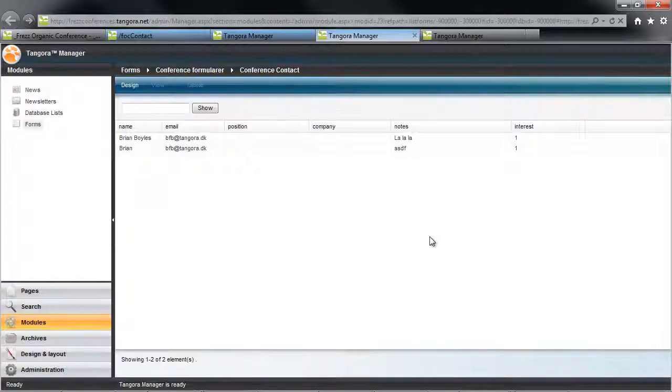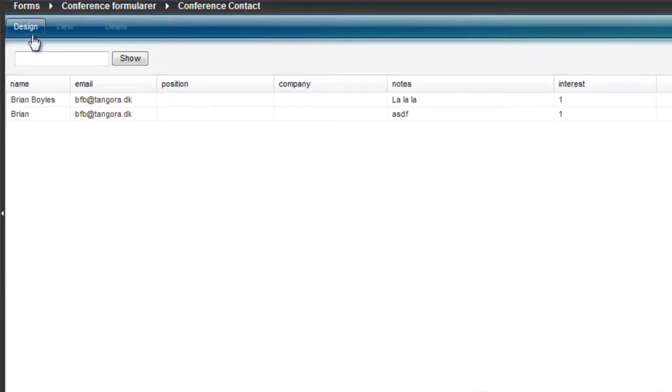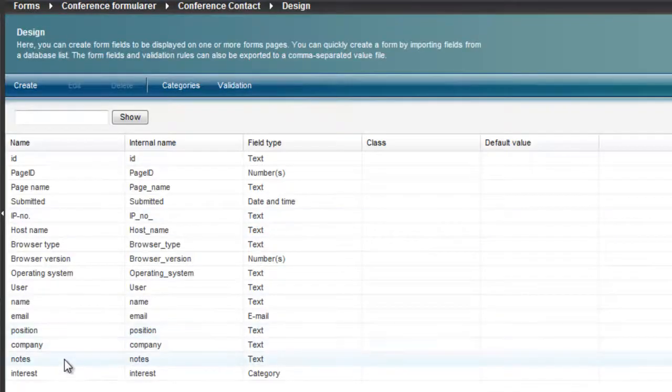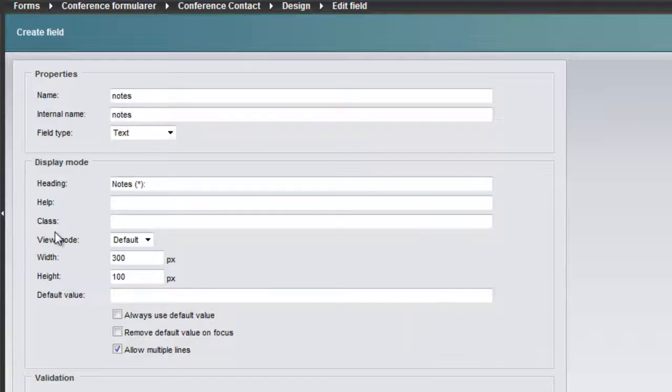So that'll bring us back to our Central Submissions overview. Here I also have a point called Design, where I can centrally define the same settings that I've just shown you as we've adjusted locally on the page.